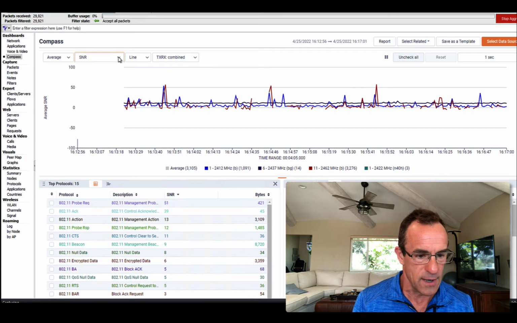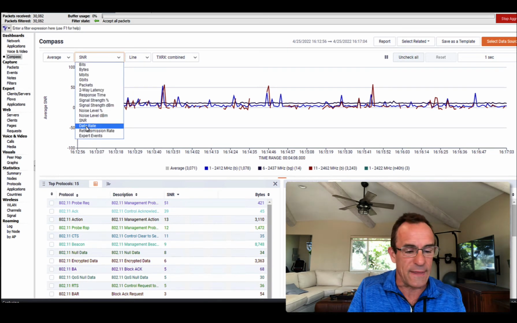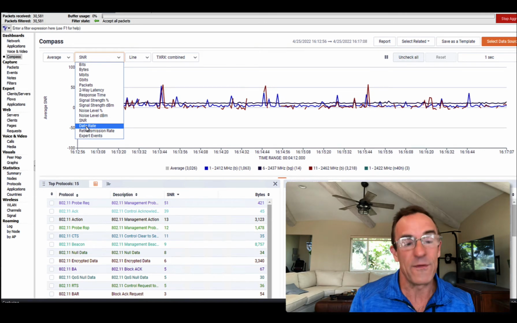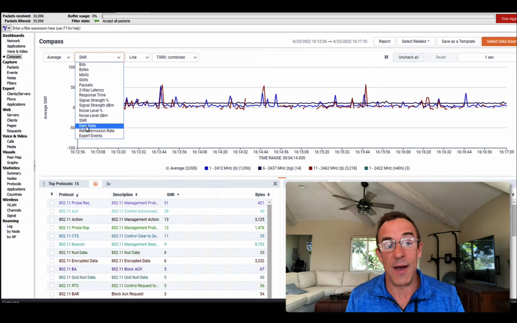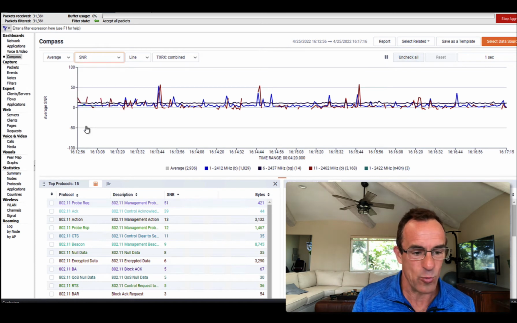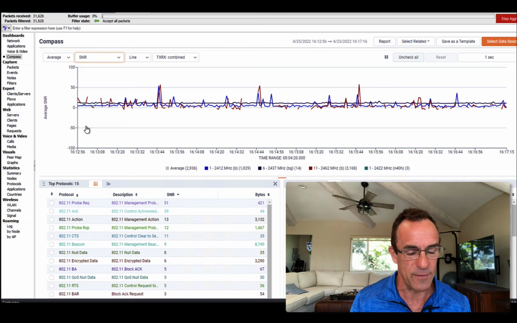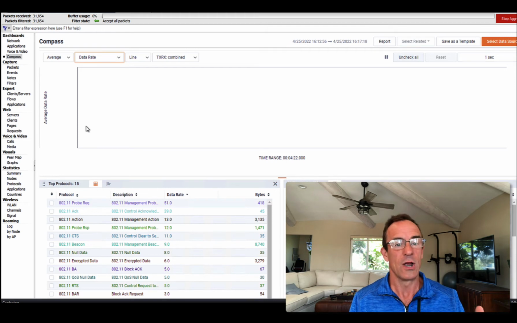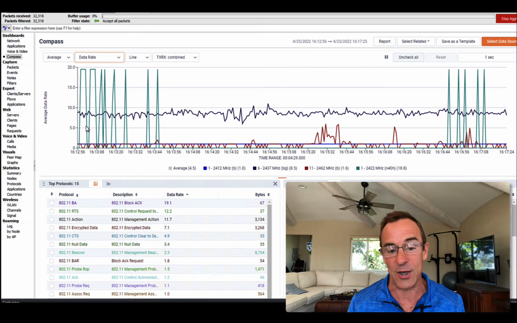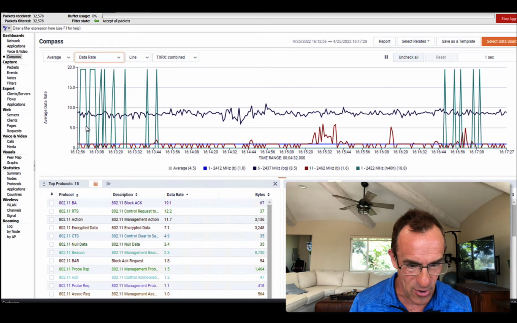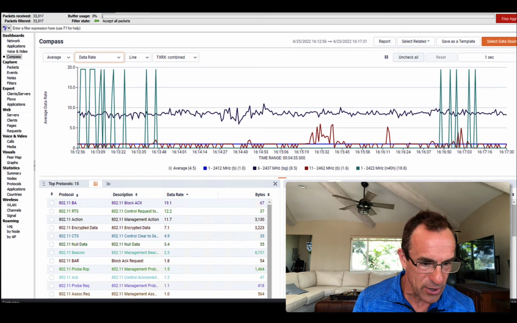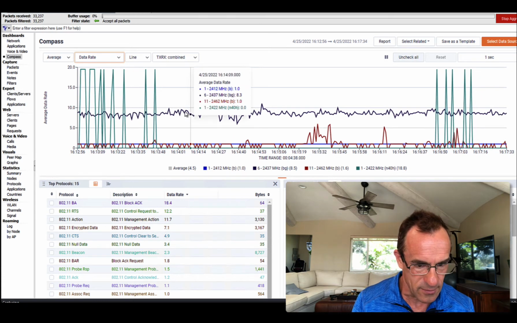probably the most important, because signal strength is important if you're having a problem with it, or if you're having some other problem that is caused by signal strength. But really, what are the data rates that we're seeing across these different channels? Because of course your clients are going to be negotiating with your APs to determine what the data rate should be. So you can see here on channel 1, our data rate is